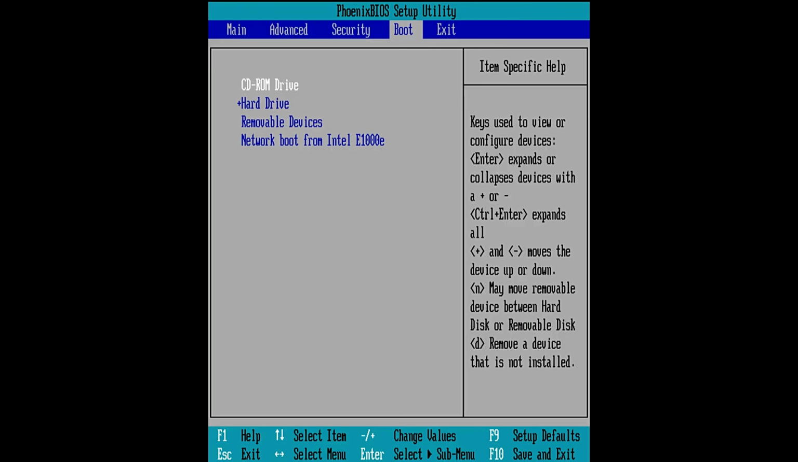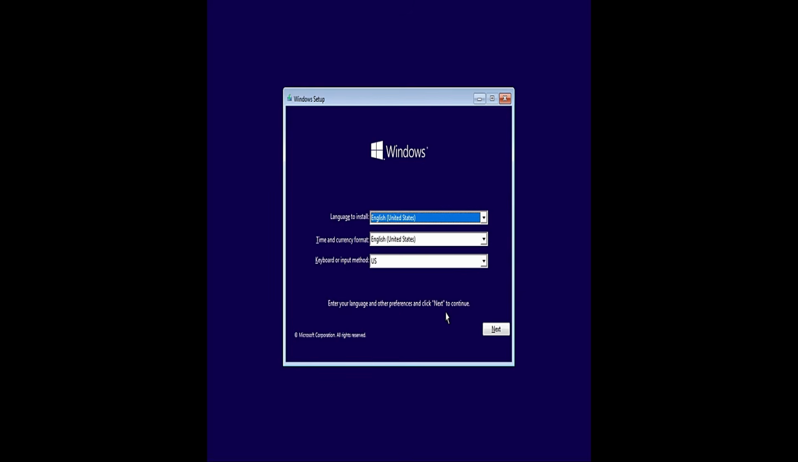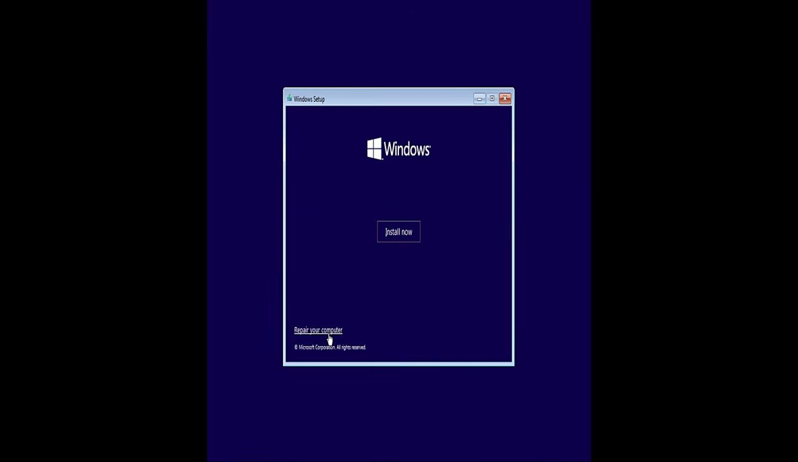To backup your personal files in the Windows recovery environment, you have to boot your computer with Windows installation media. From the BIOS setup screen, make sure to select the installation media as the first boot device to boot your computer with that installation media. From the Windows setup screen, select your language to install and keyboard layout and click Next button. Click Repair Your Computer link